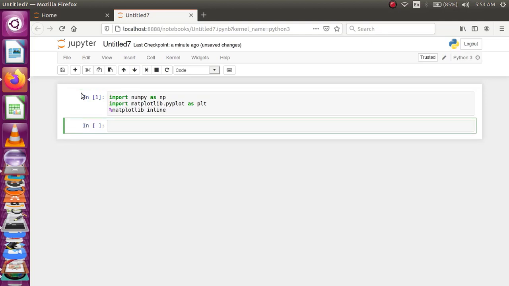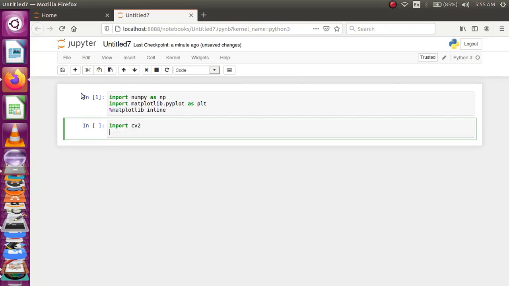Now, to open my images, I am using OpenCV. This function allows us to open images and transform them into an array that NumPy can understand. For that, first I will import cv2, which is nothing but OpenCV.